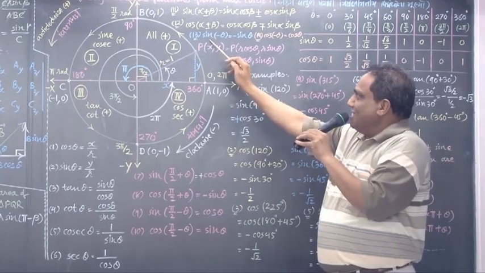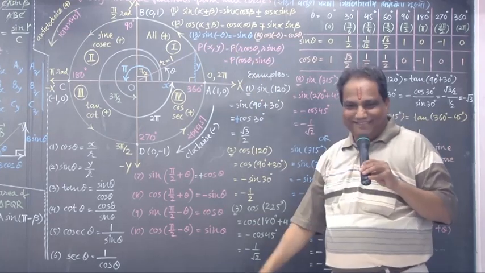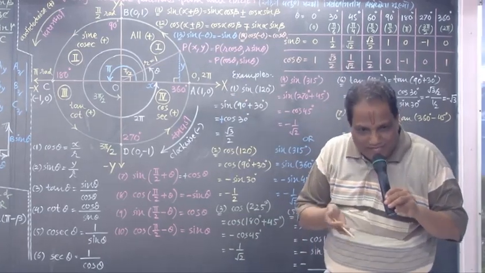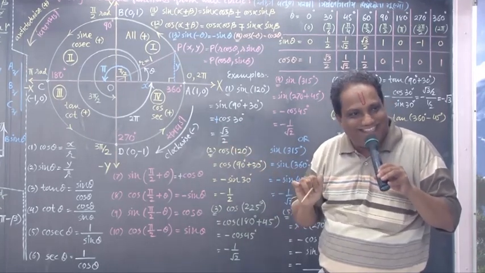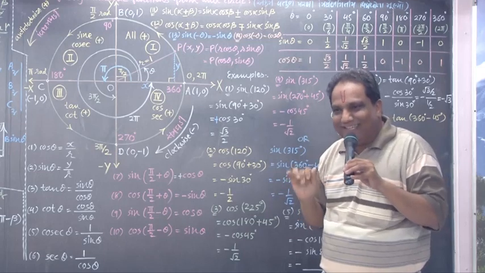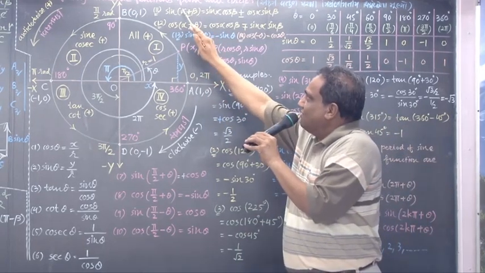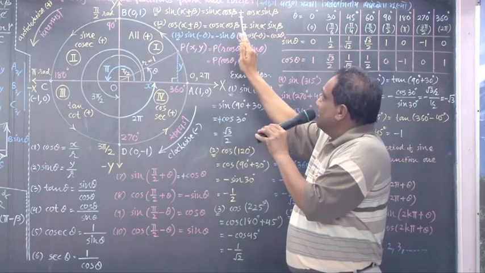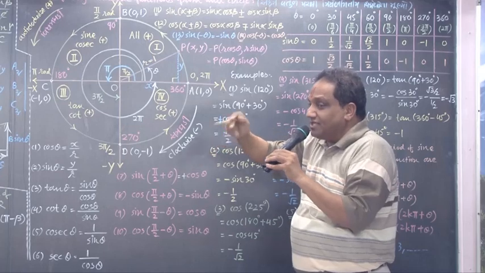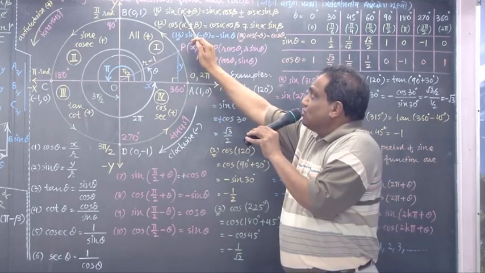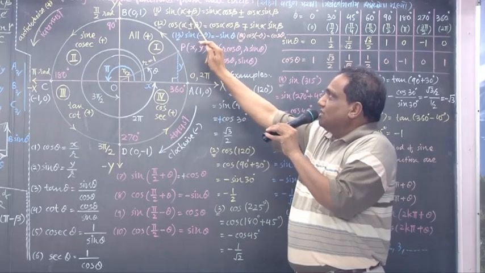Simple. Sine of minus theta, you take 0 minus theta. Minus theta, can you write 0 minus theta? Yes. So take alpha equal to 0 and beta equal to theta. Got it? Or use this formula: sine of alpha minus beta. Then here it is minus. Then minus theta means 0 minus theta. So alpha should be taken 0 and beta should be taken theta. But use this lower sign, okay?